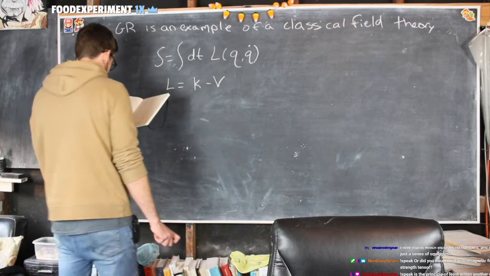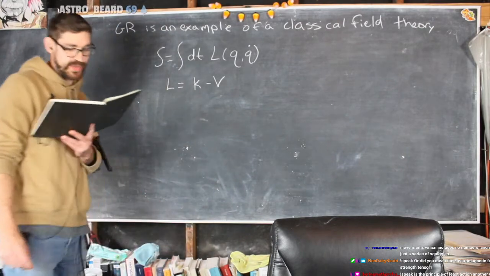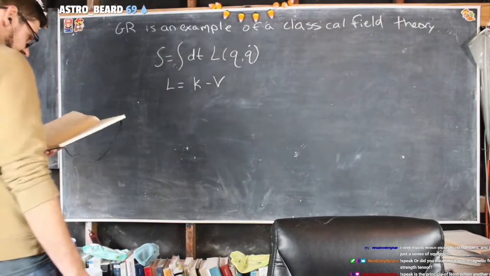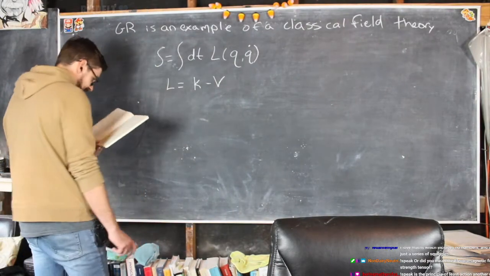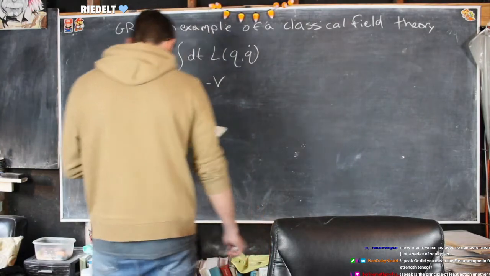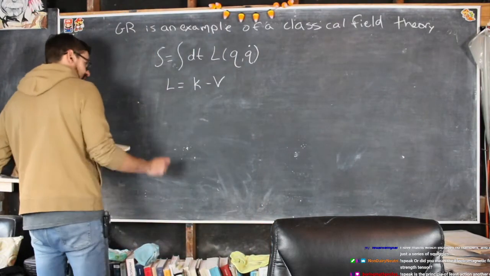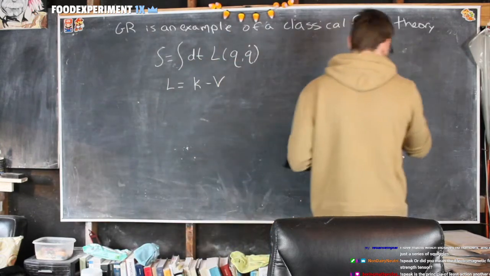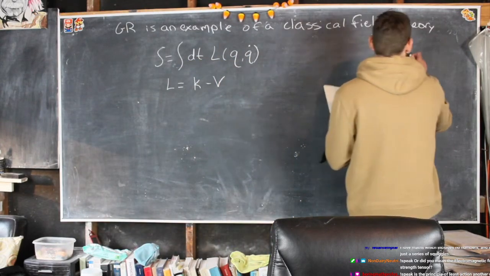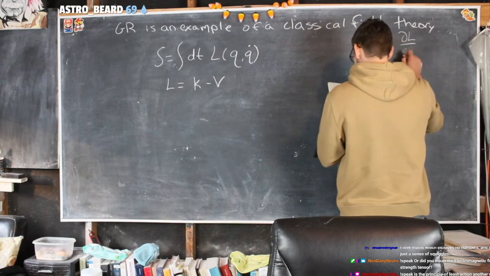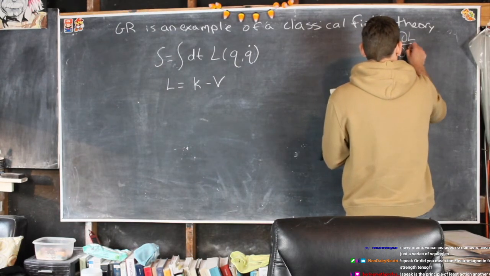Okay, so in this situation K is the kinetic energy and V is the potential energy, so the Lagrangian is the difference between the two. Now, we want to minimize the action, so therefore we need to utilize the Euler-Lagrange equations. So let me write them up here because I think we're going to want them for pretty much the rest of today. So we're going to have the derivative of L, of the Lagrangian,